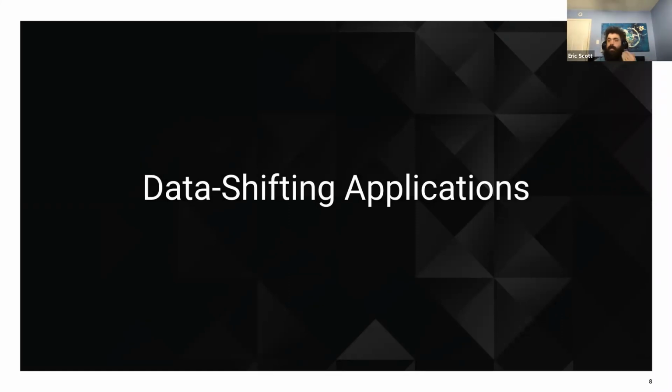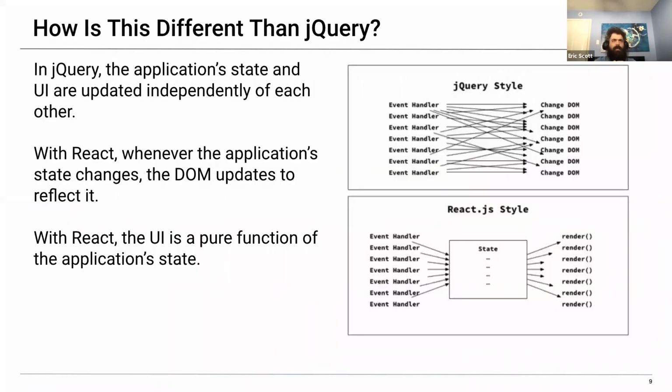Now, let's go back to the point I was making earlier about how we handle all the changes in this big dynamic environment. Up until now, the jQuery style of changing things probably looks a lot more like this, where we have event handlers, and those event handlers just go out there and immediately change the DOM. So what we want to do, we learned a little bit about this last week, is we have this idea